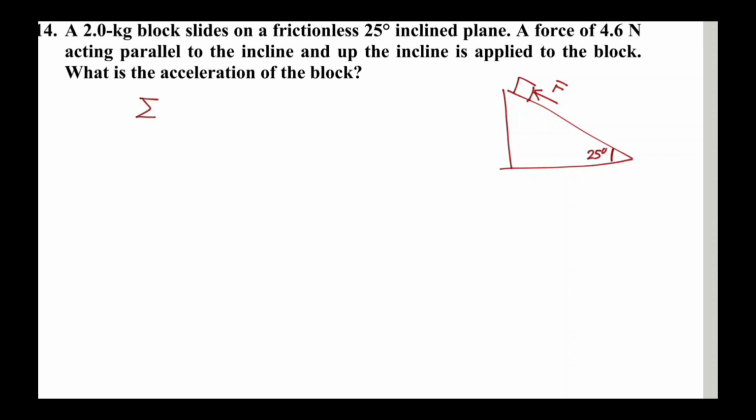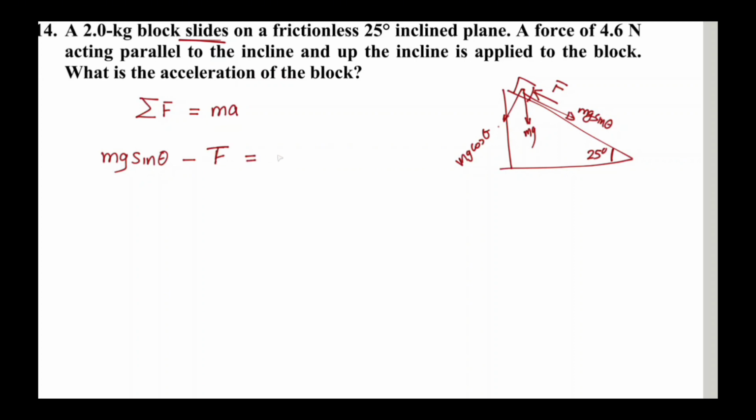Now the sum of all forces equals ma. Now let's see the forces acting on this one here. The weight is directed this way, and we have mg cosine theta and mg sine theta. Since the object is sliding on a frictionless surface in this case, mg sine theta minus f